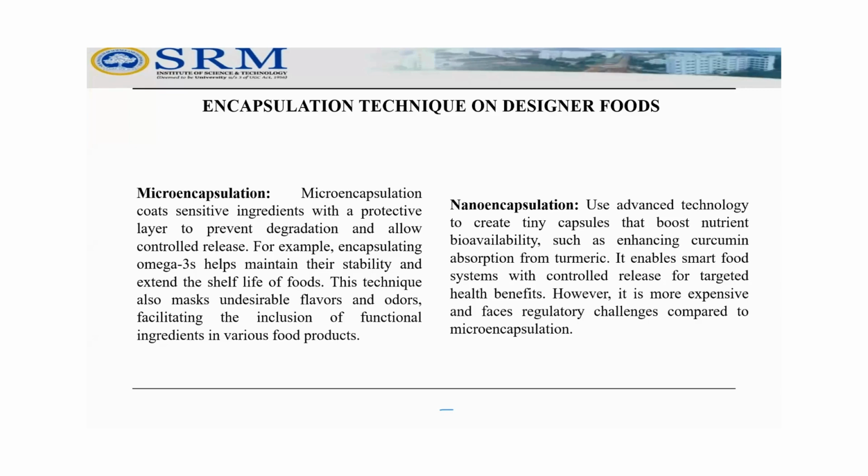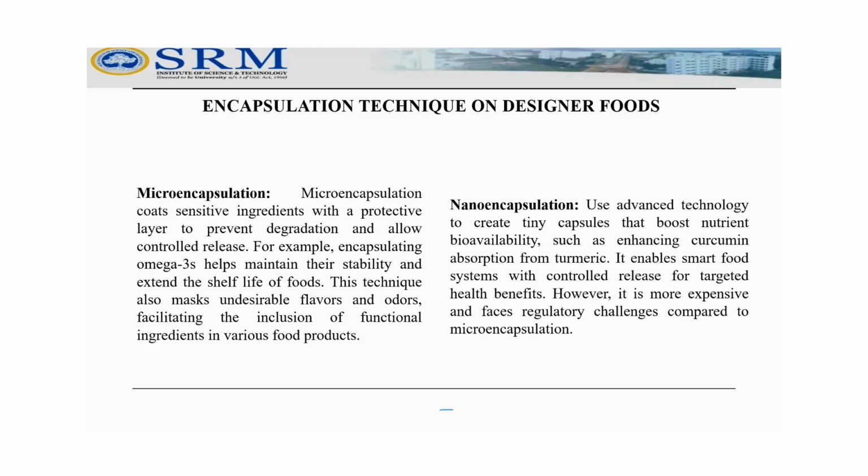In nano encapsulation, we use advanced techniques to create tiny capsules. Before going into the nano encapsulation technique, the first thing is we need to convert our ingredient or material into the nano form. That itself involves complete chemical and biochemical science. The first and foremost step in nano encapsulation is converting your material into a nanoparticle or tiny capsules, whatever it may be. Then we can adopt an appropriate encapsulating